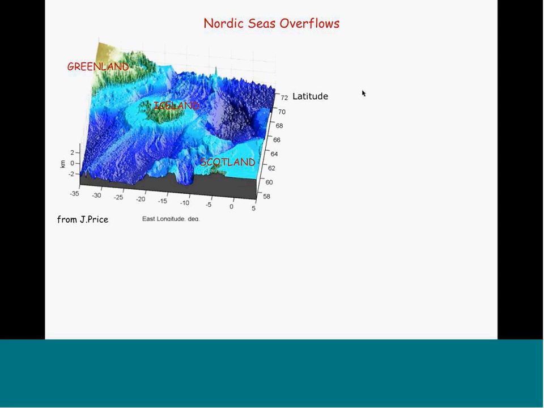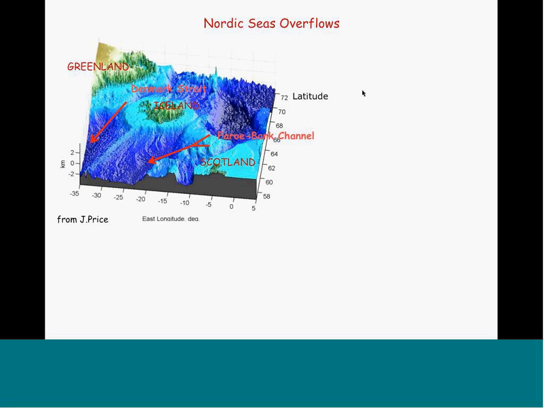The representation of the overflows matters a lot. We have deep water formation occurring in the Nordic Seas, and they essentially get into the Atlantic through two relatively narrow channels. One is Denmark Strait. The other I just labeled as a single one, Faroe Bank Channel, but there are multiple passageways into the Atlantic basin. And not only getting the right water masses forming in the Nordic Seas, the important thing is essentially getting